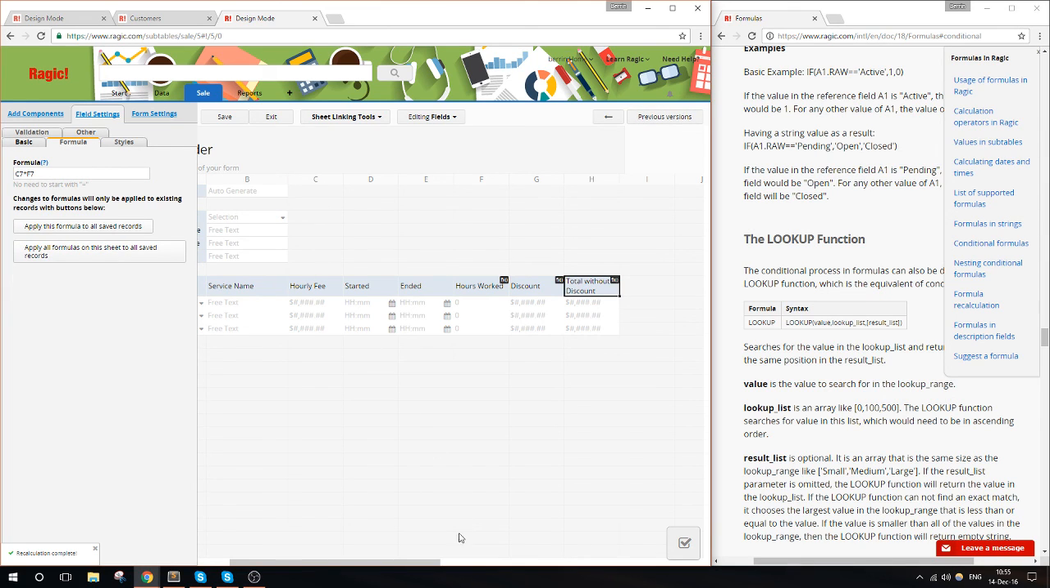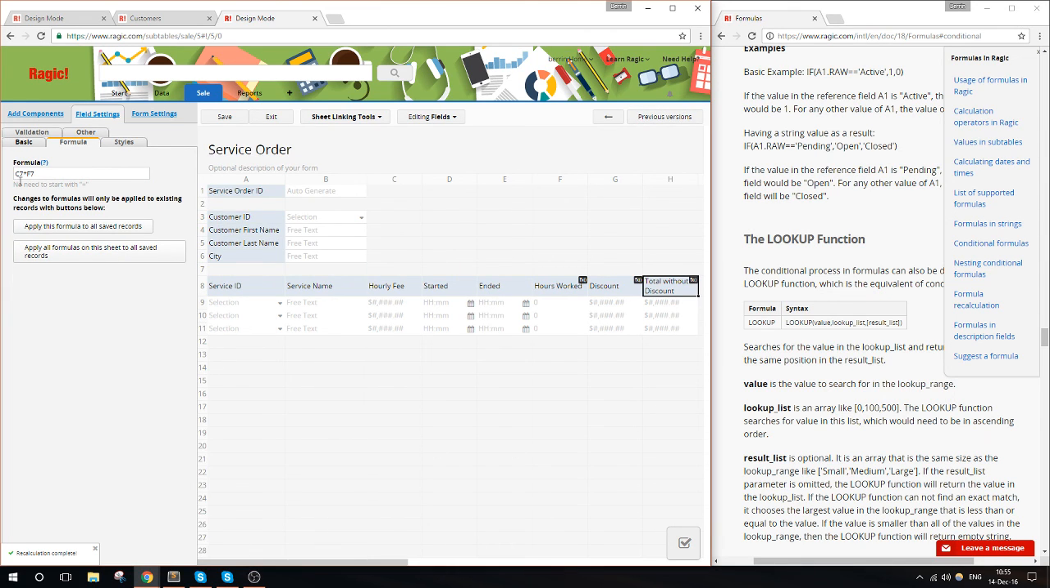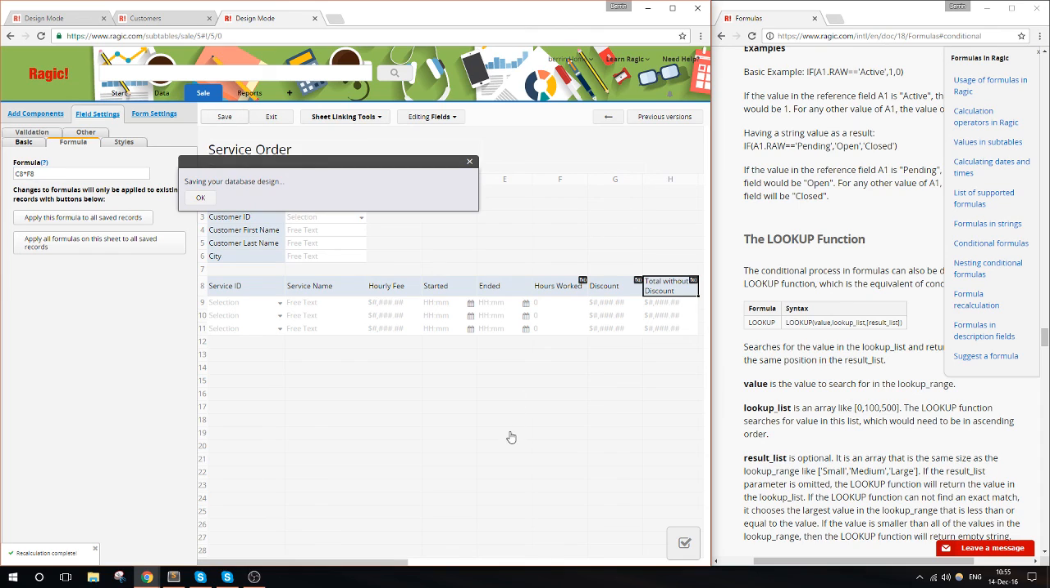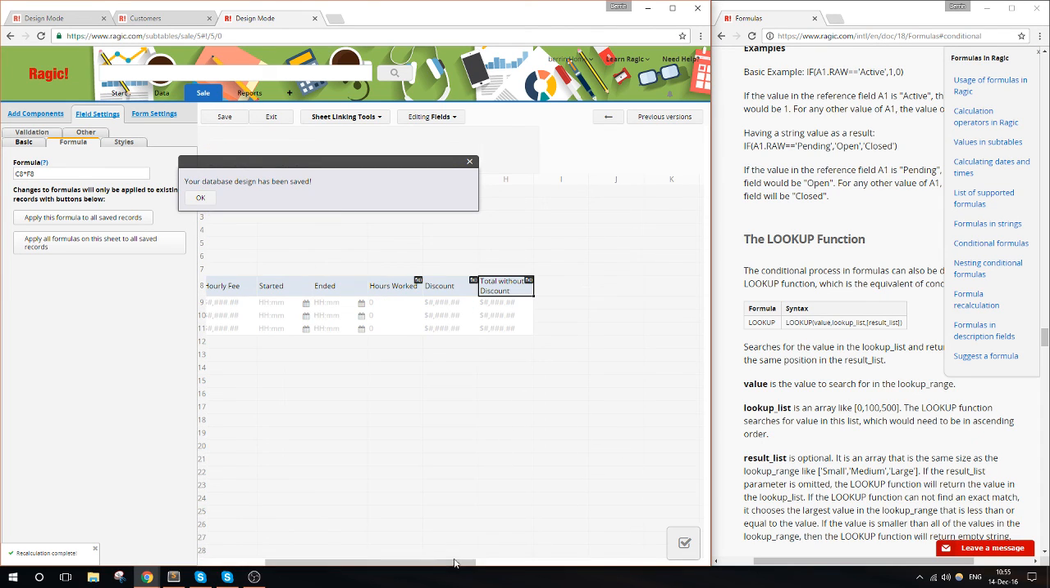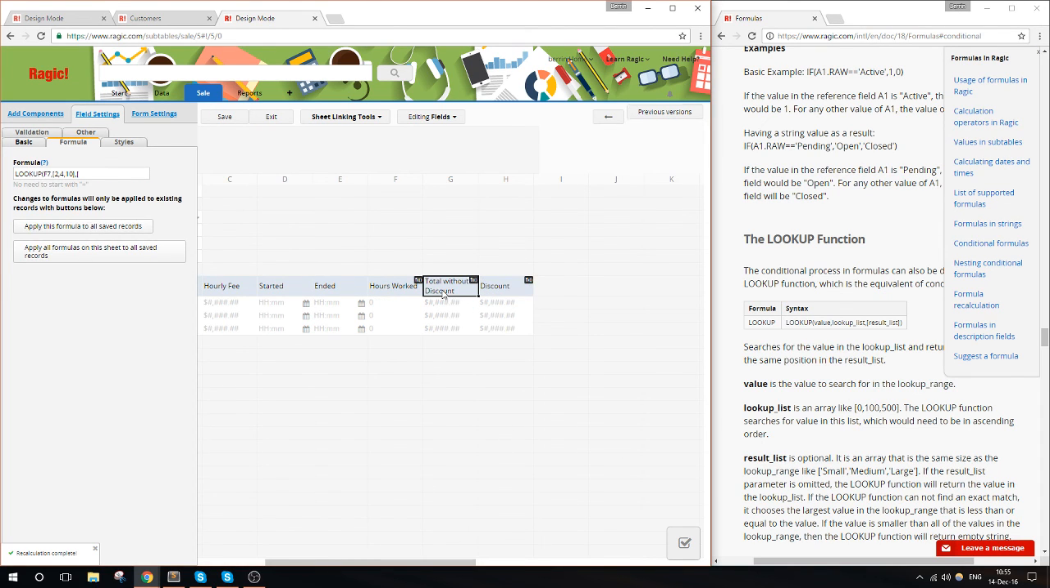Okay. Are we doing that? No, C8 times F8. Okay, now that is correct. So I want the discount here. The total without discount is this. The discount should be